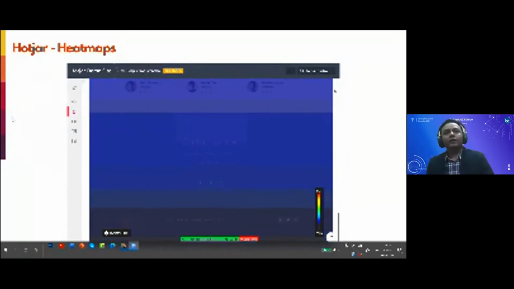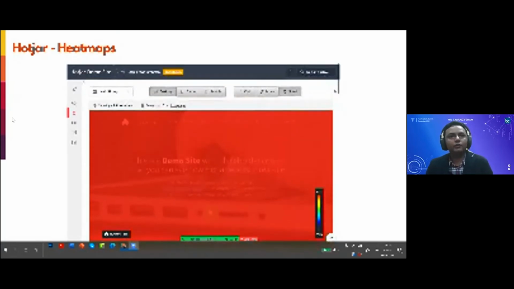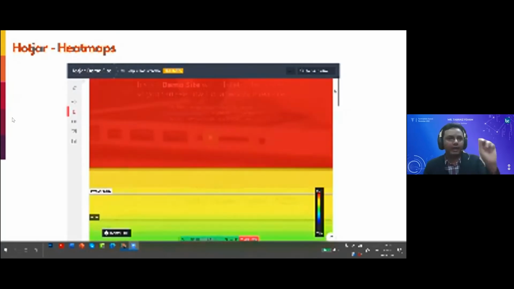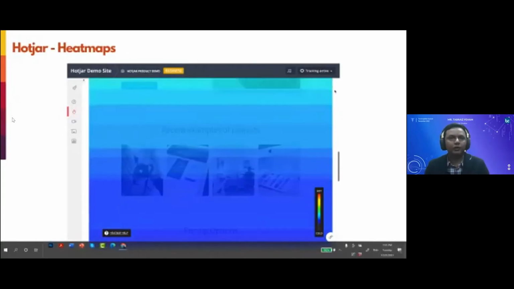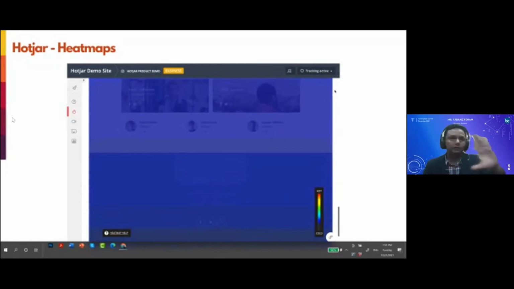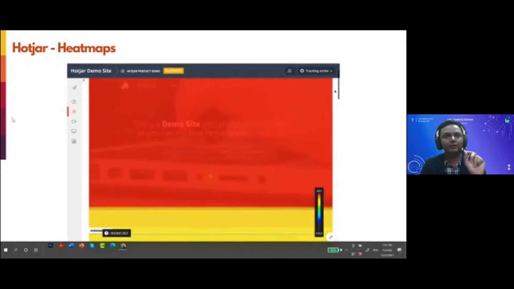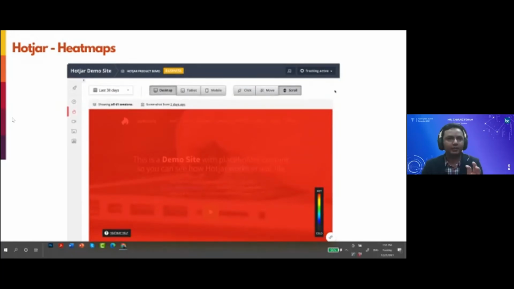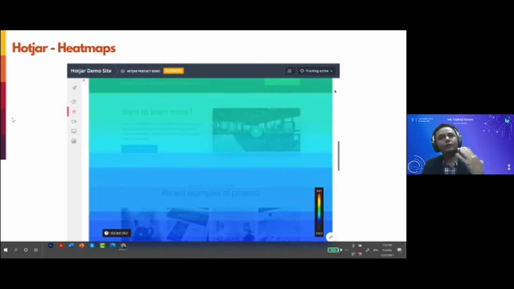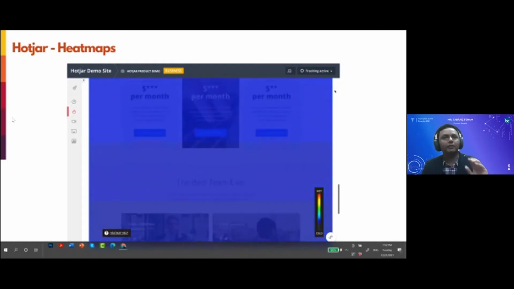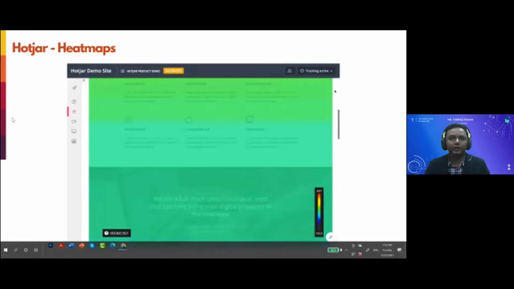So I was talking about Hotjar. It's a solution that allows you to track the heat maps, that is, where exactly users are clicking on your web page or mobile app or web application. From the red, of course, is the region that is being most clicked, or that is where all the major activity is happening. So in your app, you can incorporate it across all the pages, and you can determine which section in the particular app is getting the most traction. And from there, you can optimize the user experience.